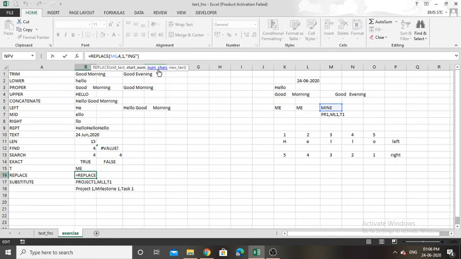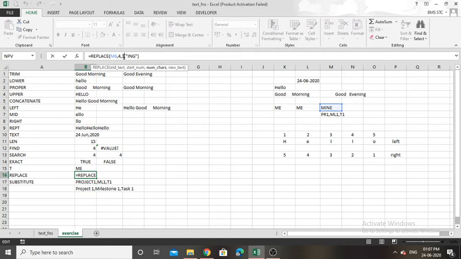Then the next argument is the number of characters you wish to replace. So I just need to replace E only, right? Because my replacing term is mining, that is MINING. So I don't need to remove all the letters of mine, I just need to replace E only. So I put 1, only one character needs to be replaced.